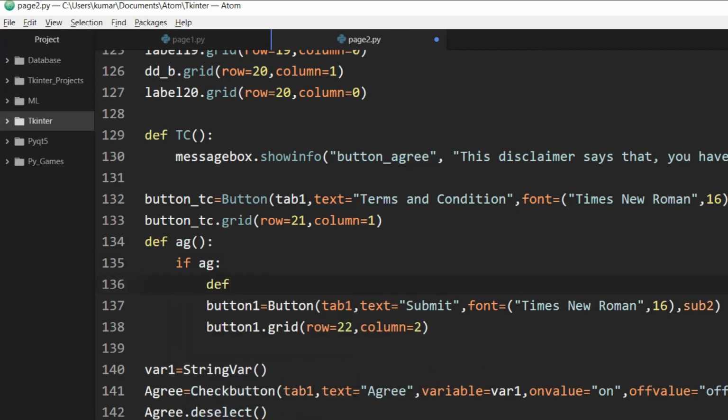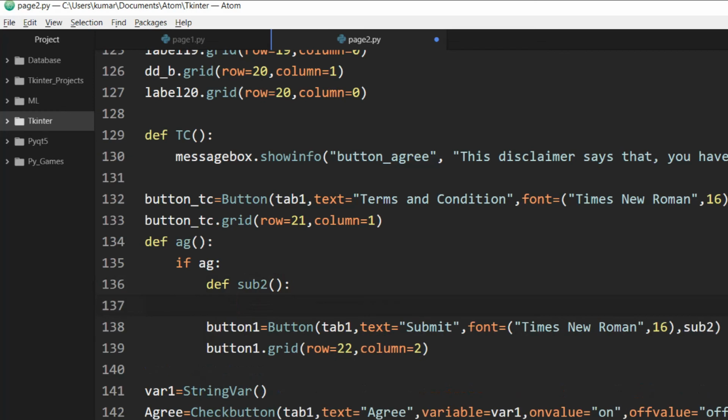Create our definition for that, sub 2, and we'll just copy above message, Control C, Control V,